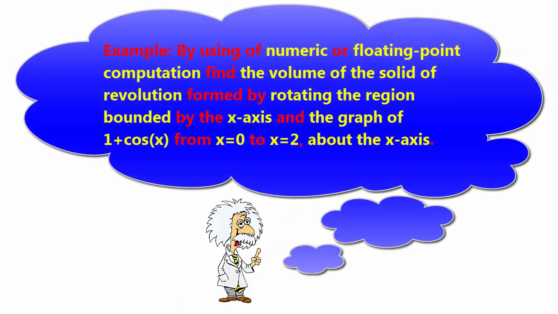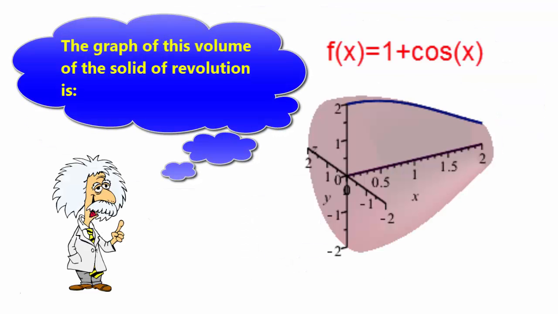Example: by using numeric, or floating point computation, find the volume of the solid of revolution formed by rotating the region bounded by the x-axis and the graph of 1 plus cosine x, from x equals 0 to x equals 2, about the x-axis. The graph of this volume of the solid of revolution is